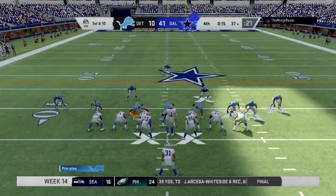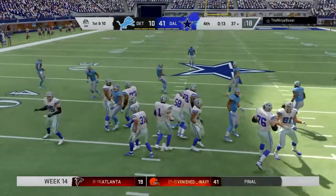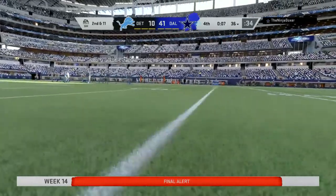About set for this next drive by the Cowboys offense. And this game comfortably in hand. The scoreboard speaks for itself, but you still got your starting quarterback out there. When do you go to the backup? Let him get some time. And that's one of the great questions in the NFL, Brandon, because